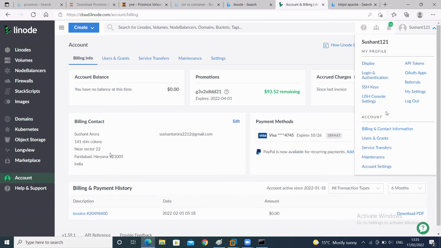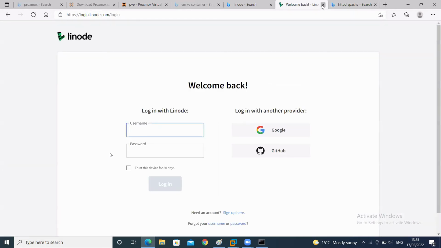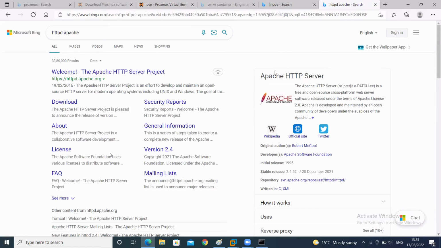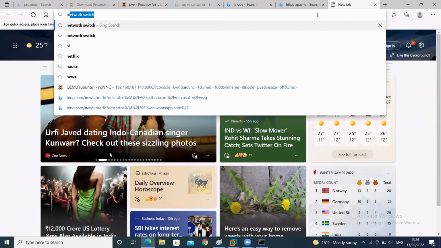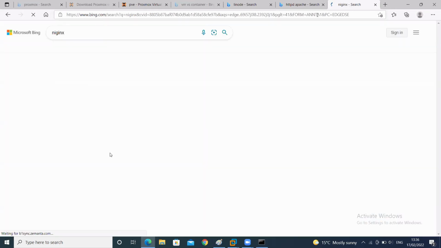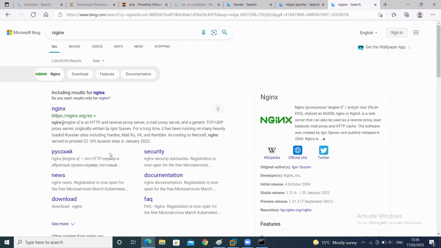The Apache server is an HTTP server basically. You will host websites from that. Apache server, Nginx server is there. You can use any of them for hosting a website. This is Nginx.